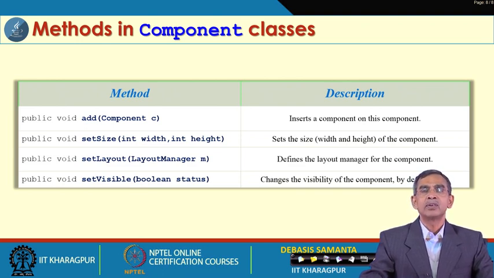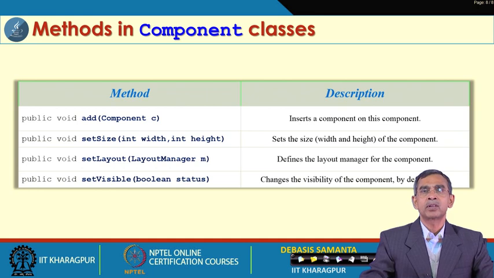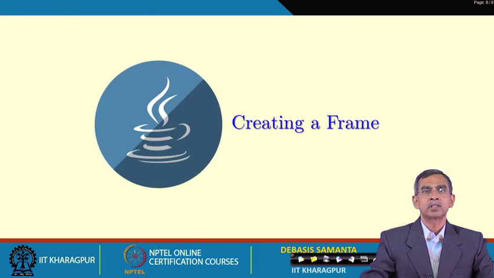Then setSize, you can resize the component, and setLayout, a component can allow you to have many layouts. We will discuss what the different layouts are that are possible for a window. And then setVisible, with which you can make a particular component or a window visible or invisible. These are the 4 very important methods, and all of them are defined in the component class. We just have to call these methods in your program, and each method has its own facilities. That means it is a lightweight process actually.